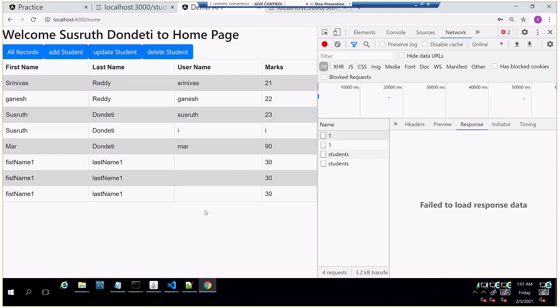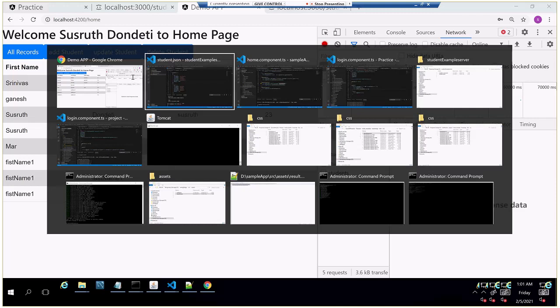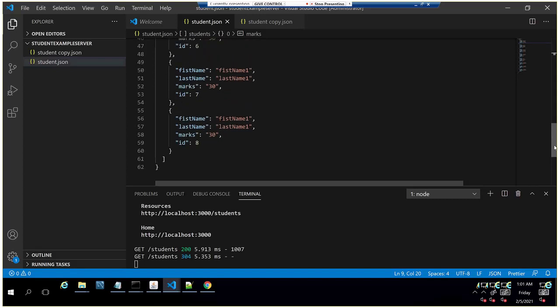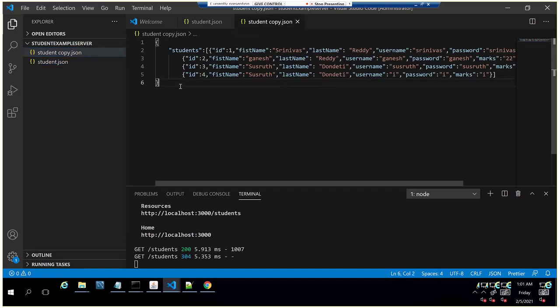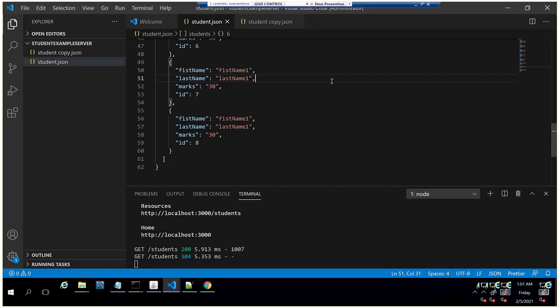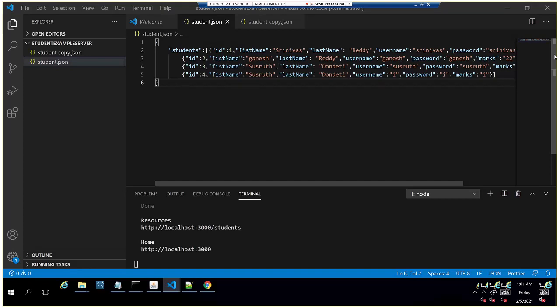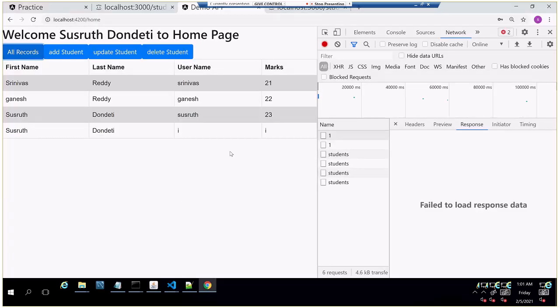And also, can you refresh all records? Yeah, I refreshed just now, and I got the new one also here. Yeah, you got that new one deleted. But why did the old file have first name in the last 3 records? Because we have hard coded, and we added multiple times. You added 3 times. But you replaced that file with the old file, right? No. I didn't replace, Mark. Okay, now I'll replace. I just pressed Control Z just to load the existing data. Now we'll see here. Yeah, it refreshed with the 4 records.